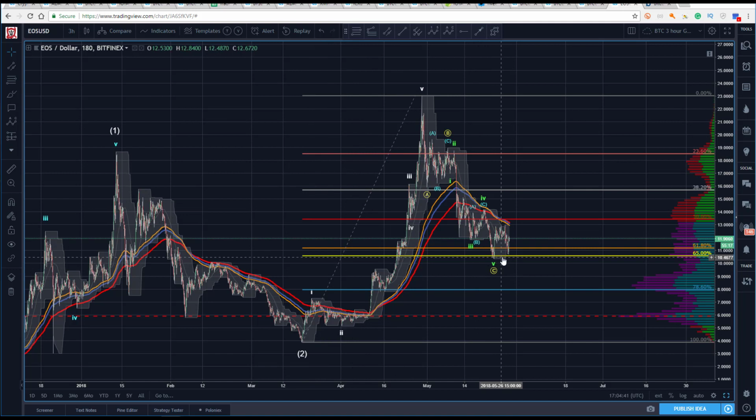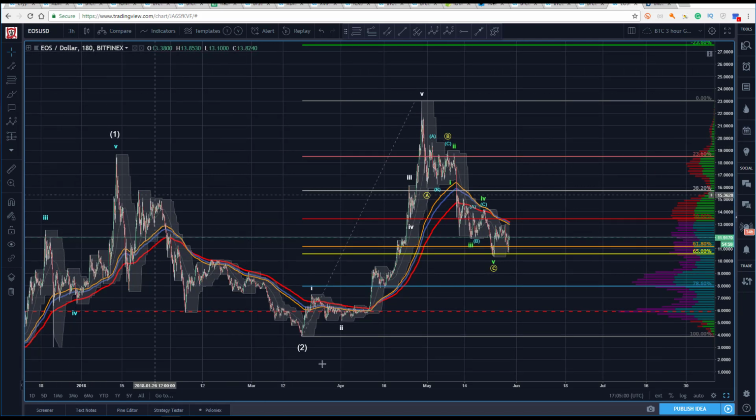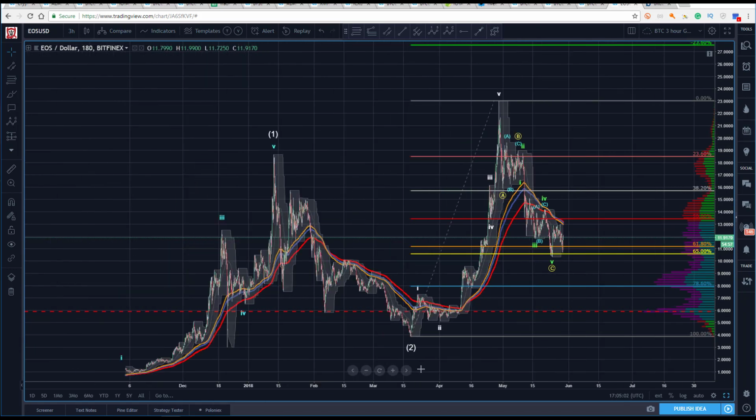Now, as we sit here, let's get back to the price action. So we've had the slight break of the 6.5 and then a re-dip into the golden zone, and now we're getting movement out of that. So there is an Elliott count and a scenario here that supports the bullish bias. So I've got a 3-hour up here to Bitfinex.